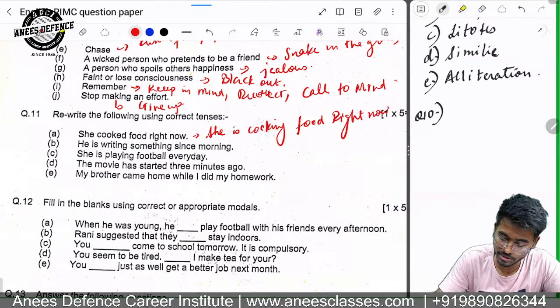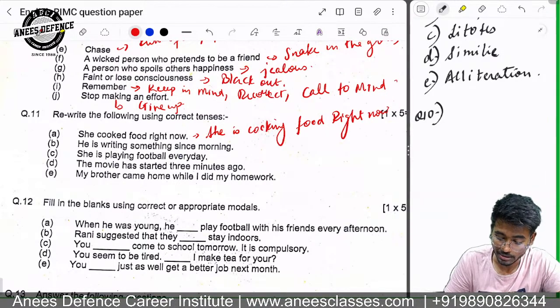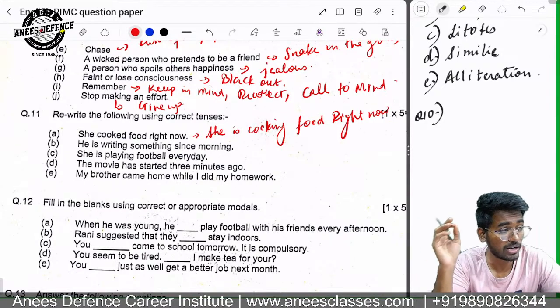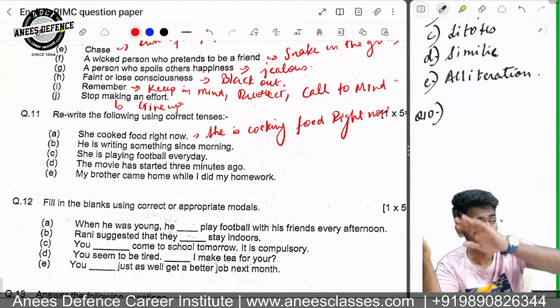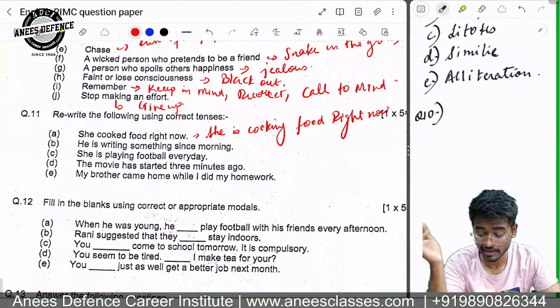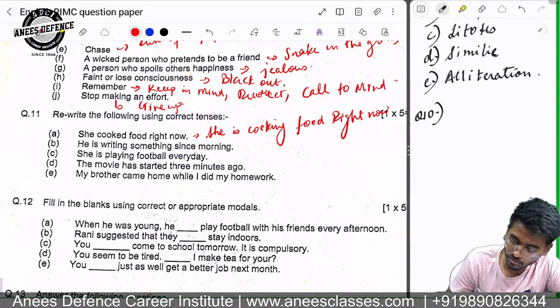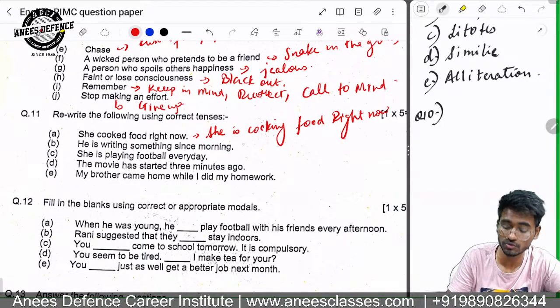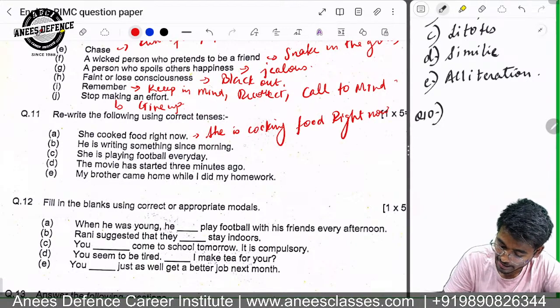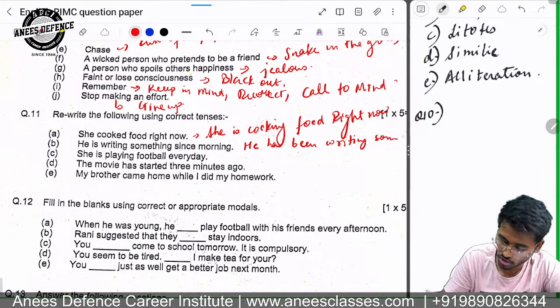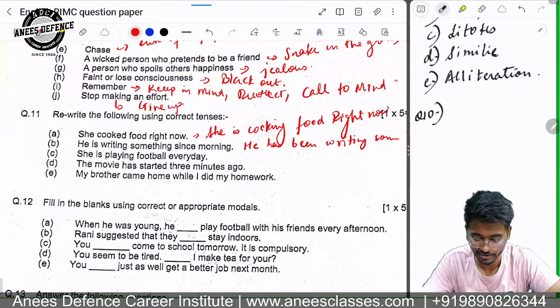Okay, this is the correct answer. He is writing something since morning. Now it is nothing but "is writing since morning." So when we are doing a particular thing from a considerable amount of past, that time we use a perfect tense. ठीक है, हम लोग परफेक्ट टेंस यूज करते हैं. तो यहाँ पर हम लोग "इज" है "सिंस" है, मतलब हम लोग यहाँ पे प्रेजेंट परफेक्ट टेंस यूज करने वाले. "ही हैज बीन राइटिंग", क्या आएगा, "ही हैज बीन राइटिंग समथिंग since morning." Okay, this would be the perfect tense.